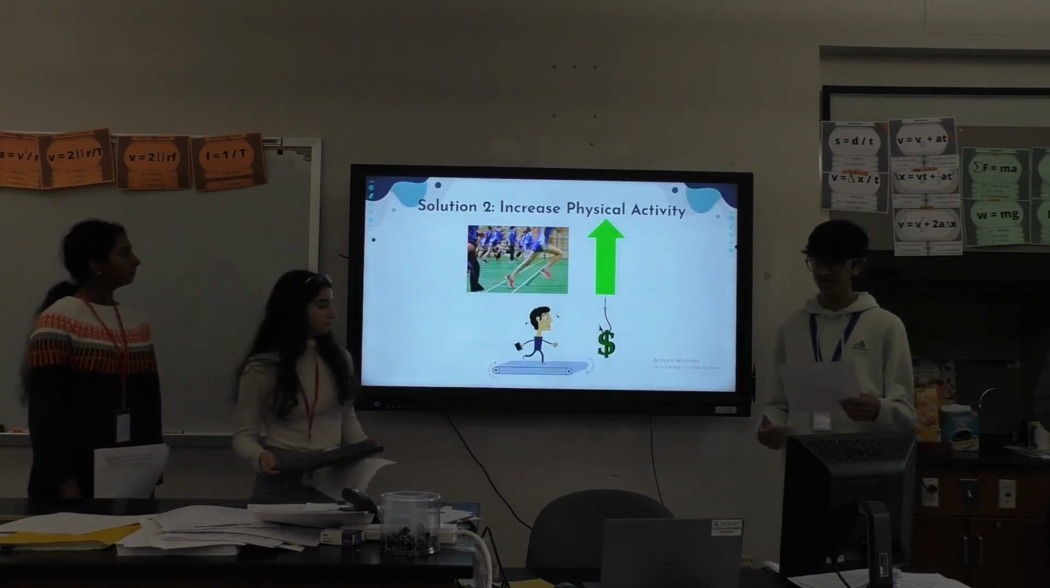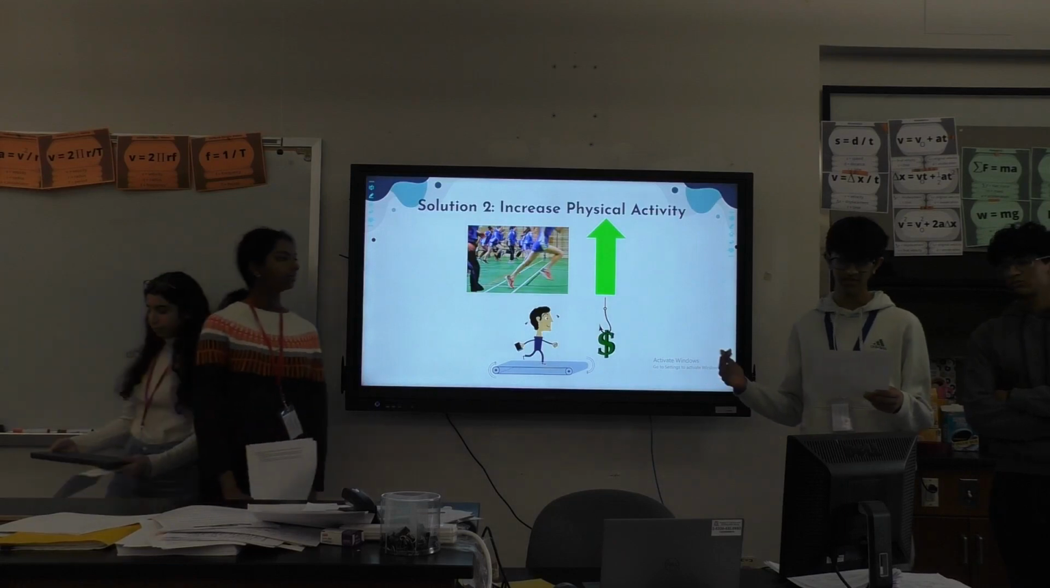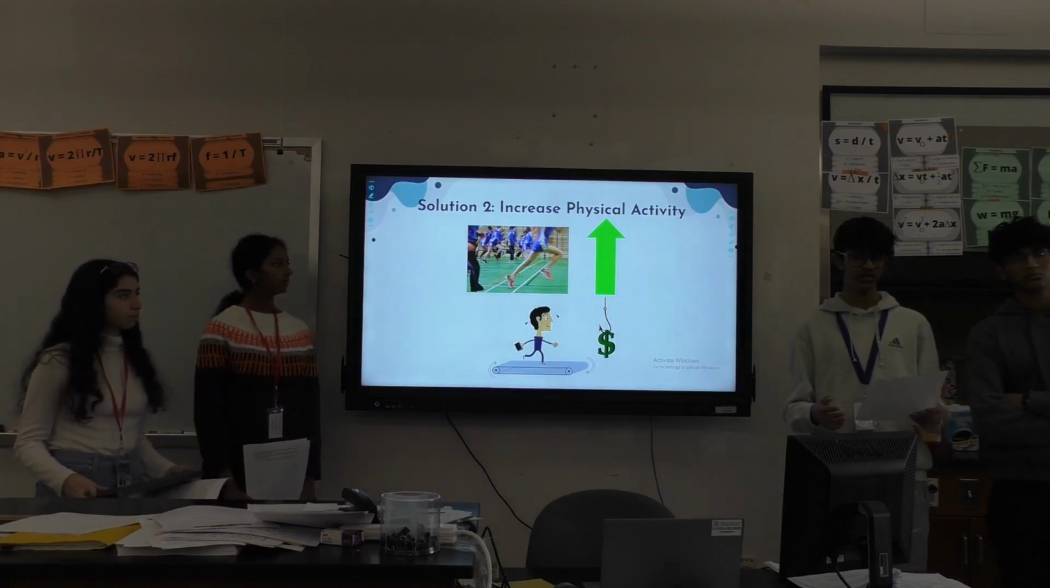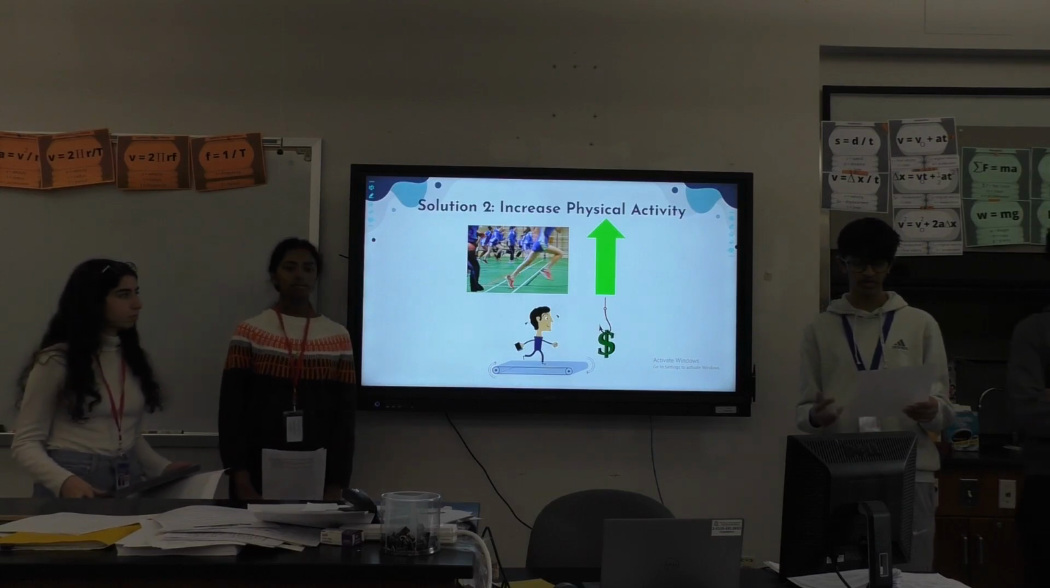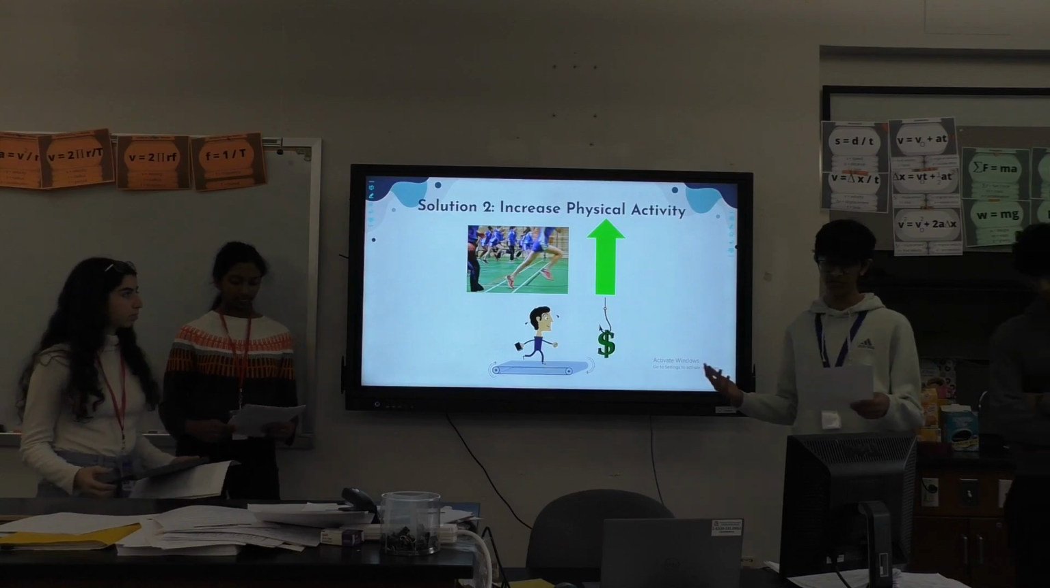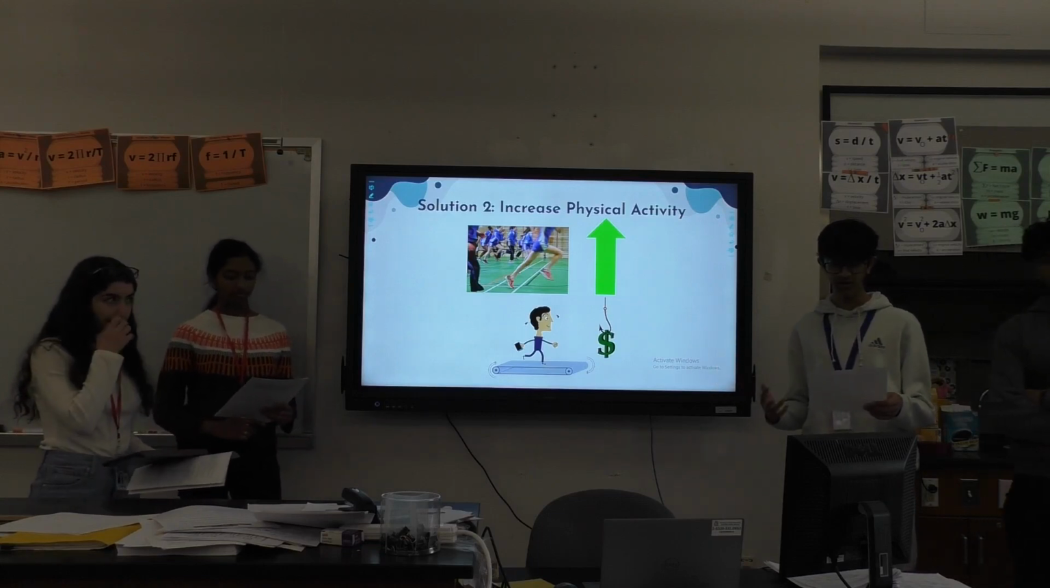So our second solution is to increase the physical activity children partake in. So we would do this by implementing a more rigorous physical education curriculum throughout a child's schooling. And we want to ensure that these kids get at least 1 period of physical education per day, but we also want to incentivize